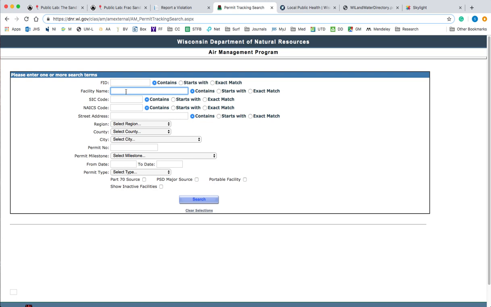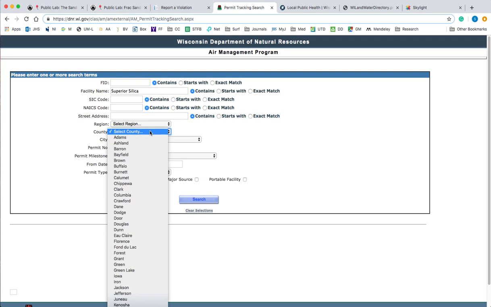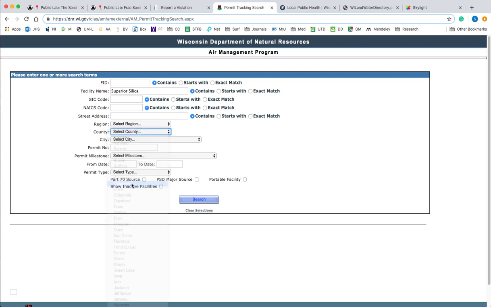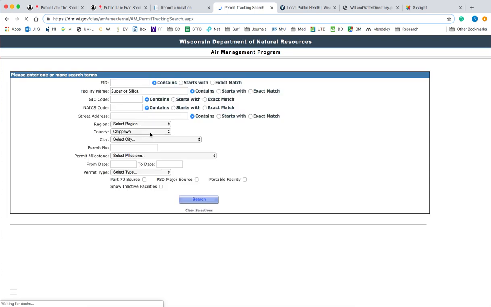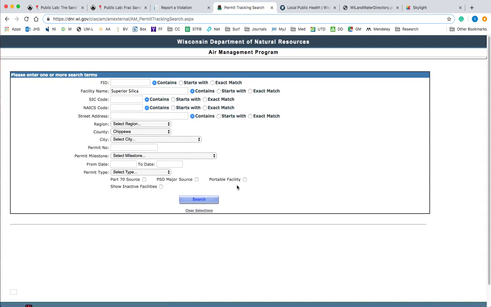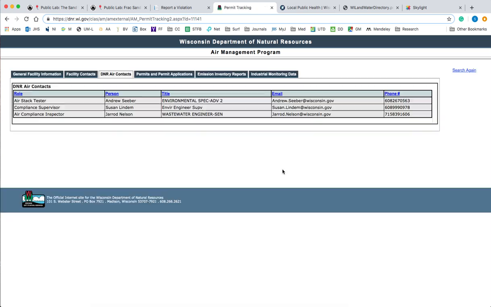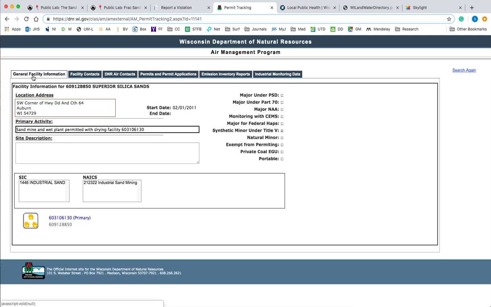So maybe I'm interested in a Superior Silica site. I know it's a Superior Silica mine, and I know that this one is in Chippewa County. So that's just a little bit of information, and then the site itself is already going, aha, and we're going to click the little search button. And any second now, there we go. Okay, so I have the general facility information up here, so great, this is exactly the site that I was